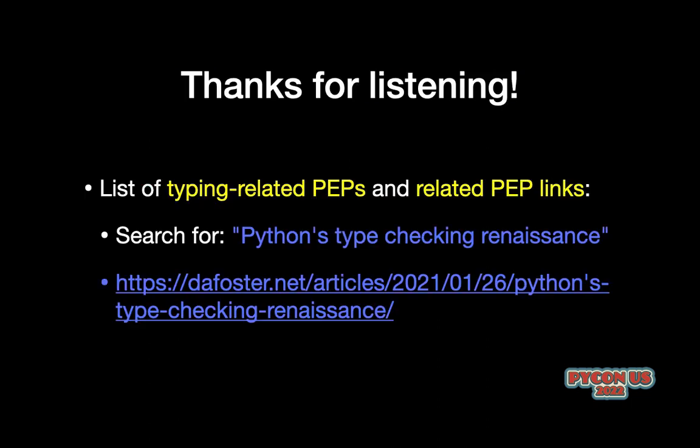So that is what I've got. If you're looking for more information, for example a list of typing related PEPs, I've assembled an updated list in that blog post, Python's type checking renaissance. If you search for that, you will find that list of typing related PEPs,